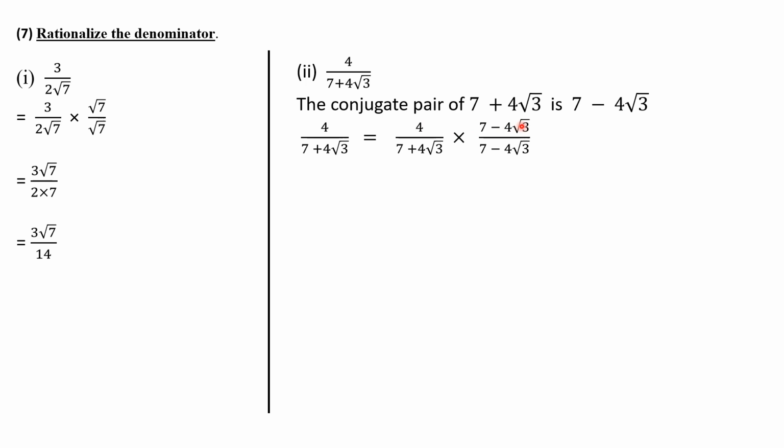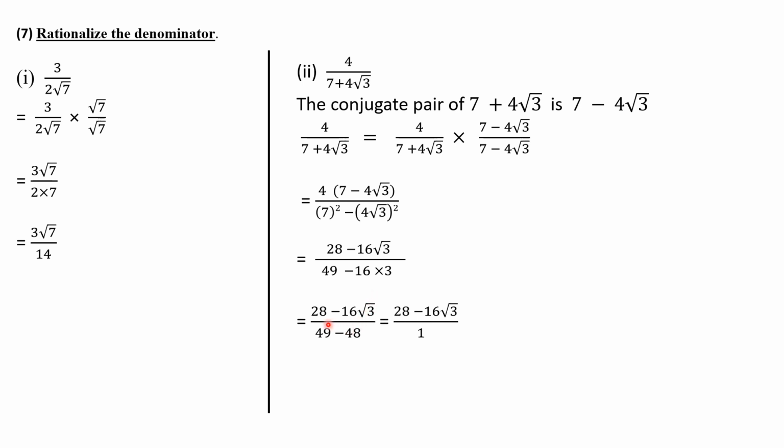So what you see, you'll multiply this. Put in bracket 4, put the whole bracket, write down 7 minus 4 root 3, and in the denominator it will follow a plus b, a minus b, that is the a square minus b square formula. So it will become 7 square minus 4 root 3 the whole square. So next step, open the bracket. The numerator will become 4 sevens are 28 minus 4 into 4, 16 root 3, upon 7 square is 49 minus 4 square is 16, root 3 square is 3. So we'll multiply now the denominator, that is 49, and minus 16 into 3, that is 48.